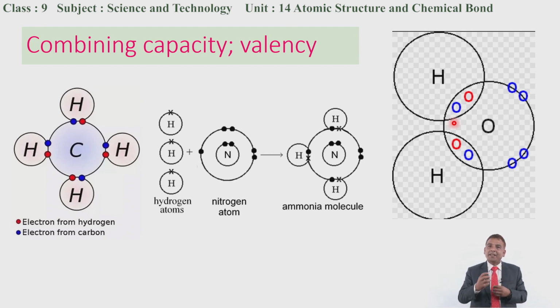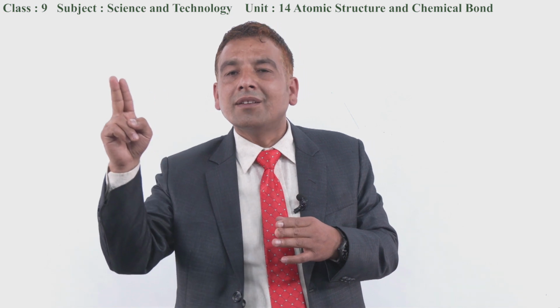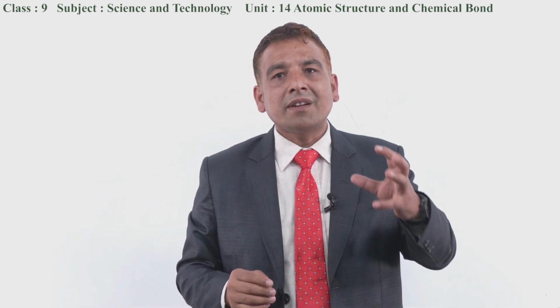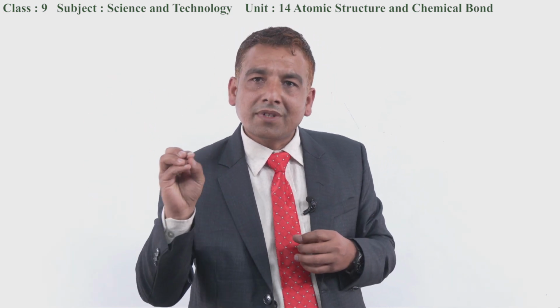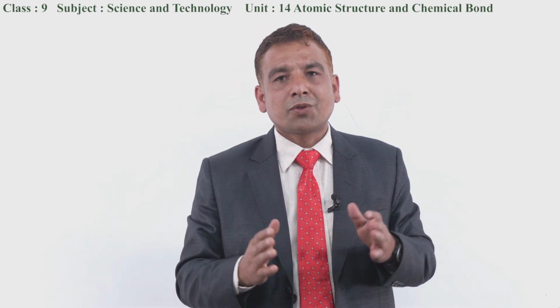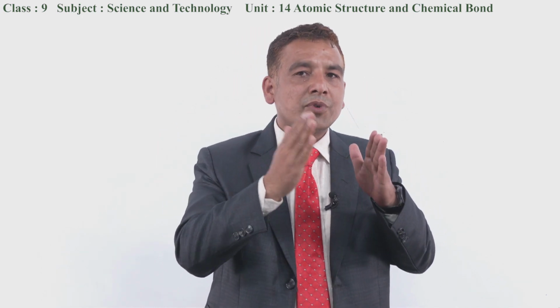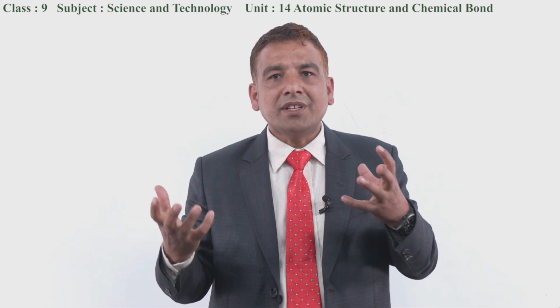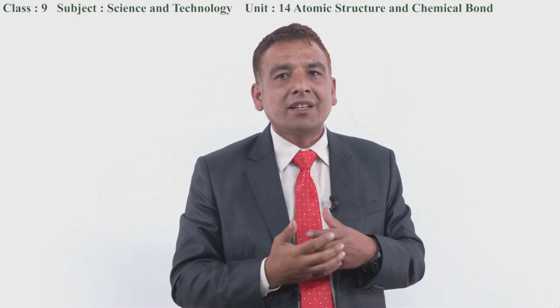What happens if atoms lose an electron? Atoms are electrically neutral, because the total number of protons and the total number of electrons in the atom are exactly alike, that is, the same. If there are 10 electrons in an atom, there must be 10 protons. Electrons carry negative charge and protons carry positive charge. So if there are the same number of positive and negative charges, obviously the atom is electrically neutral